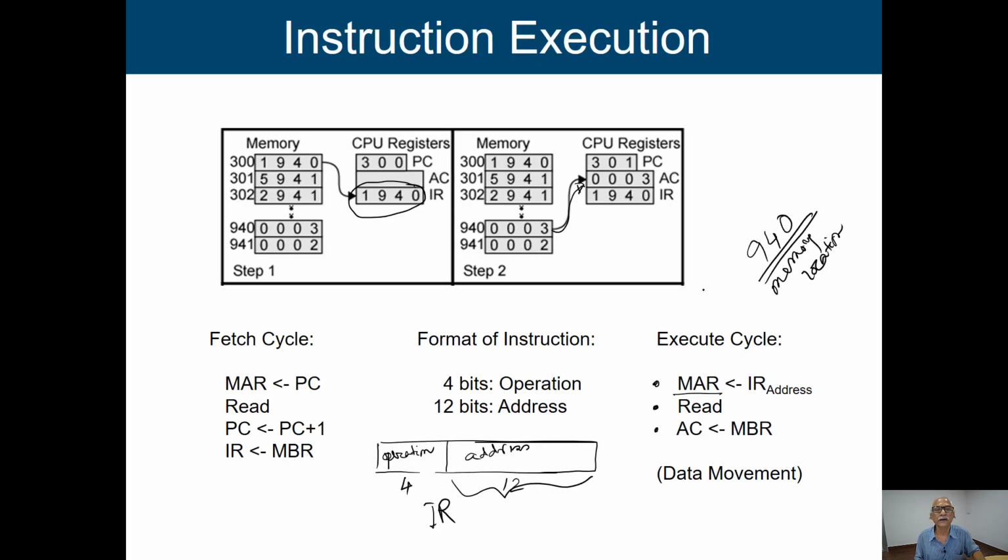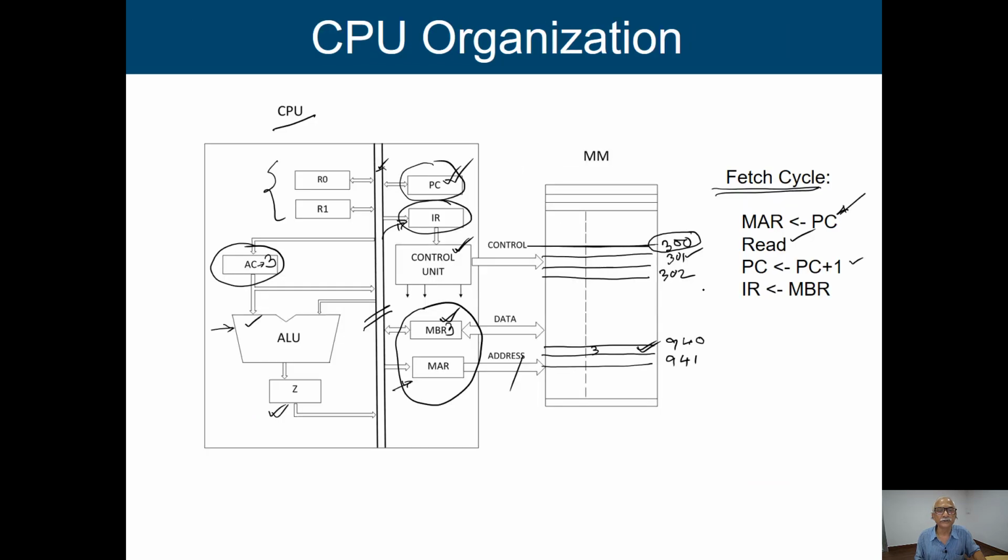That means in this particular case, you just see after the first instruction we have this 3 in the accumulator. When we bring the information from this particular 941, it is available in the MBR, which is now 2. Now this 2 is coming to this particular data bus, and which is coming as an input to the ALU.